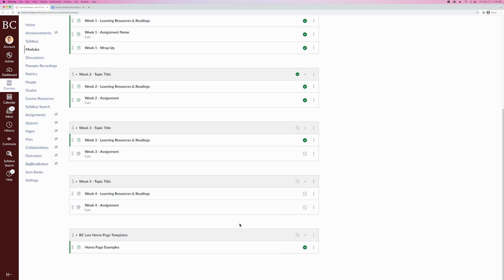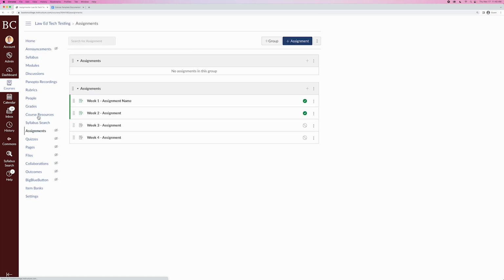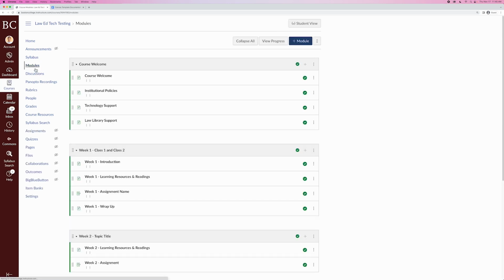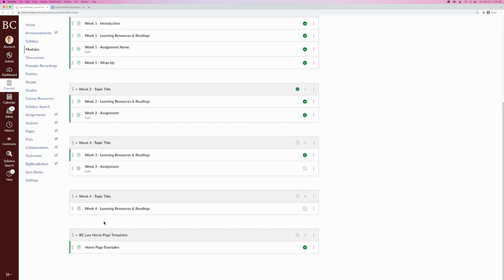But if you wanted to permanently delete it, what you would need to do is go to Assignments and then find that week 4 assignment here and actually delete it from the assignments list itself. So if I click delete, and then I go back to modules, since that doesn't exist anymore, Canvas is smart enough to know I don't need to link to that item in the module here. So you've got learning resources and readings, and let's say you wanted to add a wrap-up page. You could just create a new page from scratch,